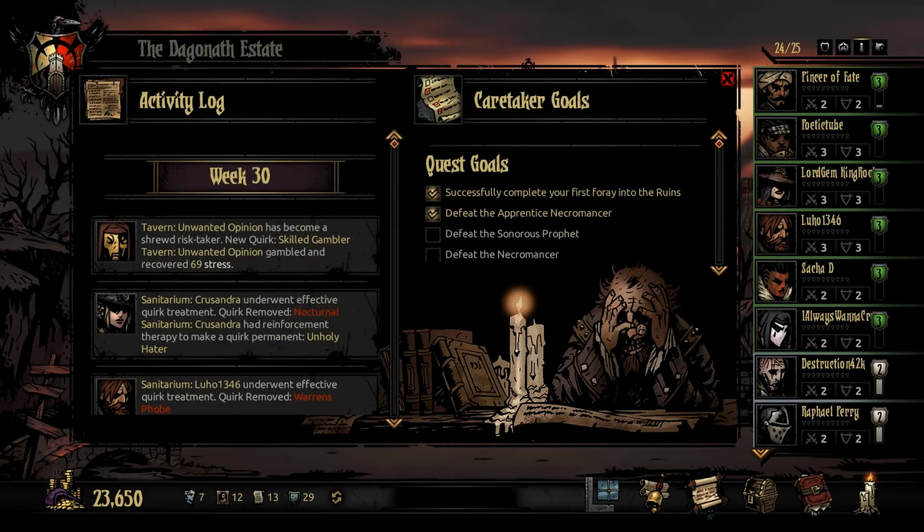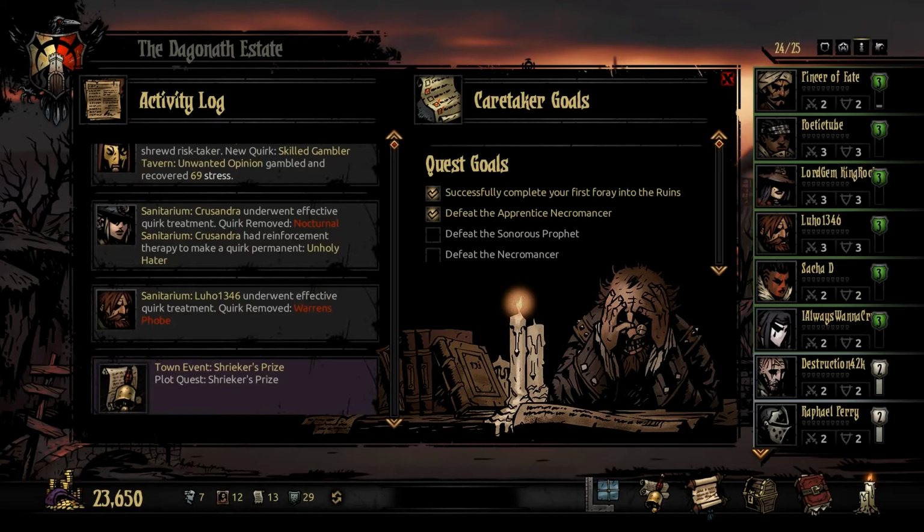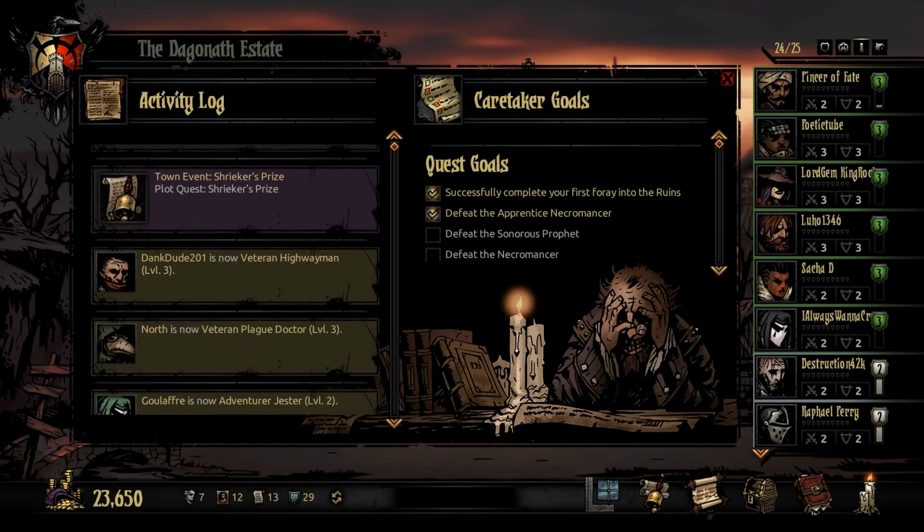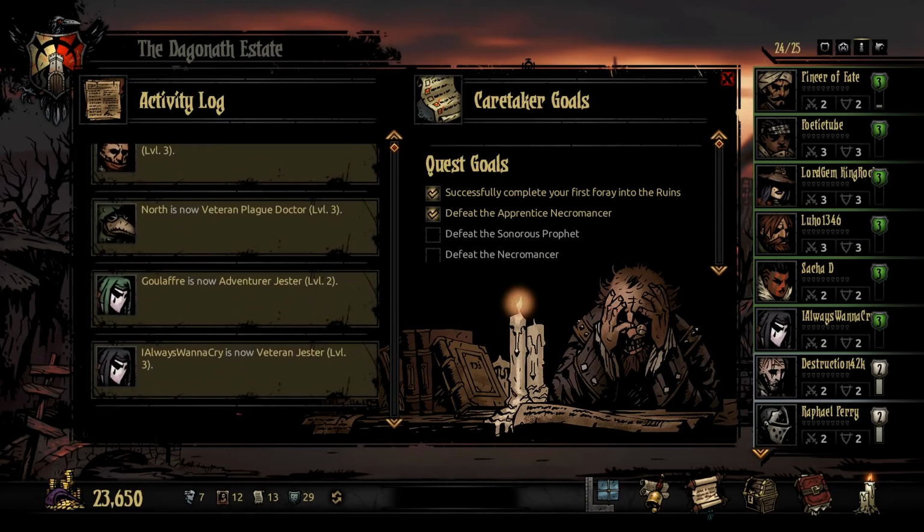Interesting. Okay, everyone. So, really quick before... no, let's read this first. Unwanted Opinion has become a shrewd risk-taker and gained Skilled Gambler. Nice, because you like to gamble anyway. You also recovered 69 stress. Chrysandra underwent effective quirk treatment and removed Nocturnal, locking Unholy Hater. Luho1346 removed Warren's Phobe. We have the Shrieker's Prize, which is a quest I guess that remains around forever. Dank Dude 201 is Veteran, as is Notch, as is Goo...